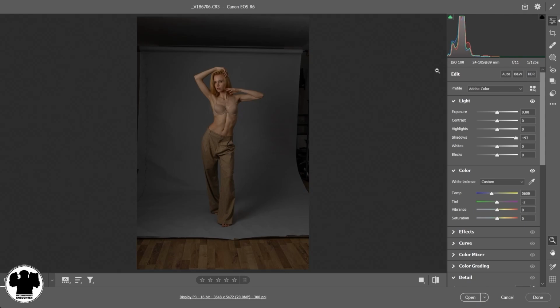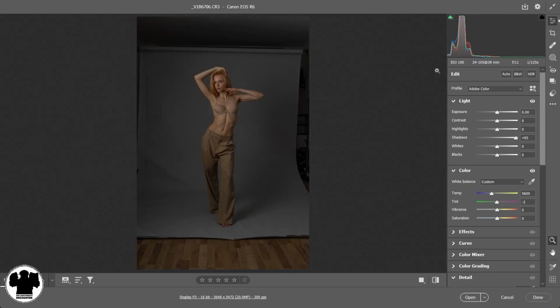And really all it is, it's a kind of graphical illustration of where the data sits in your picture. And sometimes when you look at it, it doesn't really make much sense until you learn how to read them. What you need to do is learn how to read what's shadow, what's mid-tone and what's highlight. And then also you want to look at what is colour. And when I say colour, I mean colour that should be in your picture, not colour that shouldn't be